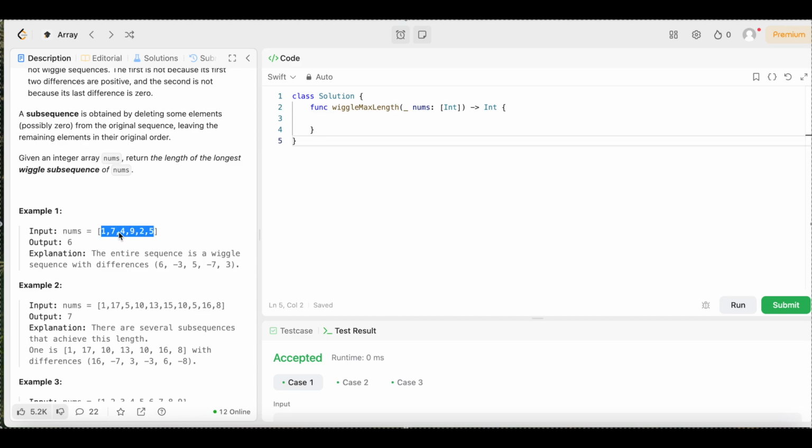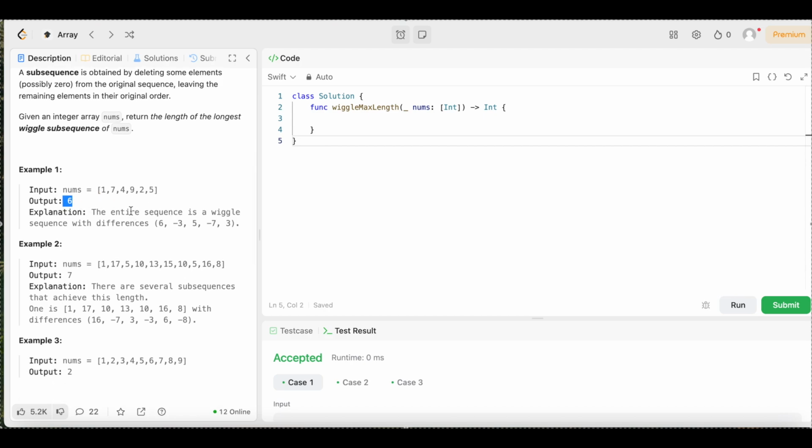We're counting all of the elements in this sequence. So we're counting these elements, we're not counting the differences. In this case, there are 6 elements: 1, 2, 3, 4, 5, 6. Since this entire array is a wiggle subsequence, we can return the count of the entire array, which is 6. So let's take a look at example 2, where it might be a little bit more tricky,